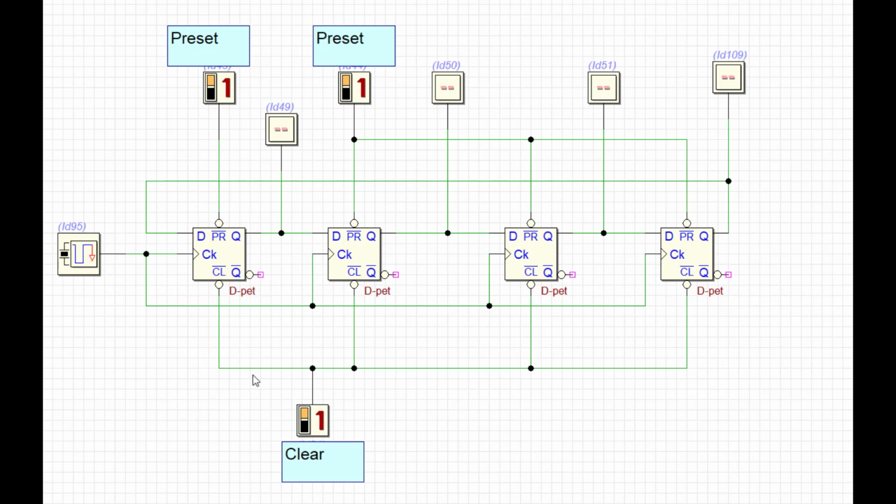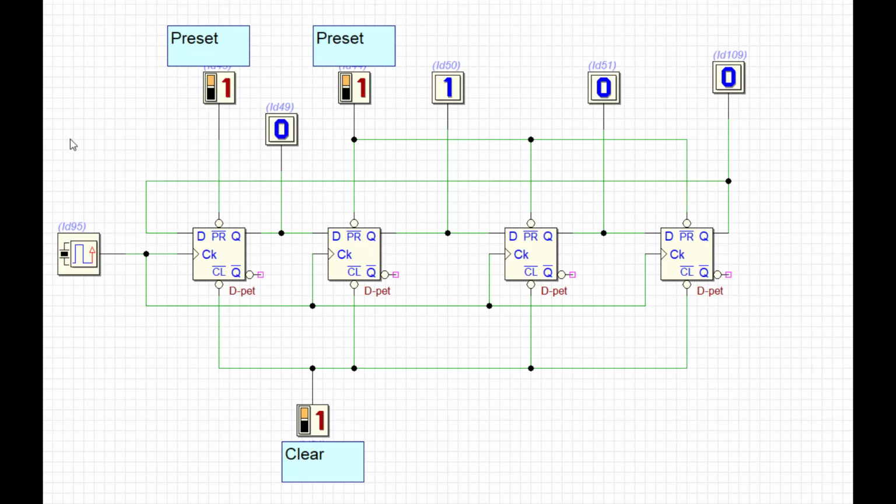Initially I am going to clear all the flip-flops to 0. Now the clock is applied, so your 0 is circulating. Now I am going to make my first flip-flop output 1 before the next active clock pulse comes.